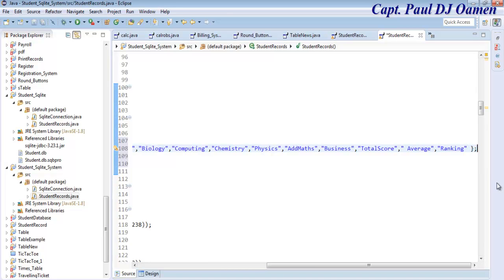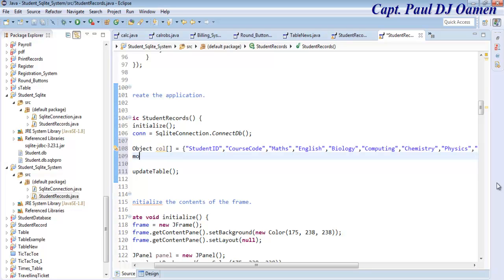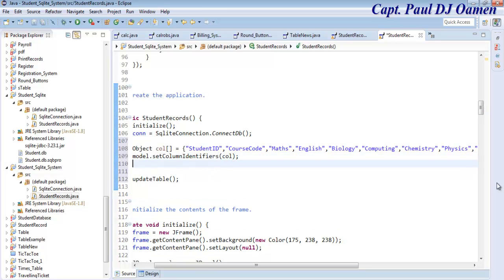Okay, press enter. So let's say model.setColumnIdentifiers. We need the column ID this time around. Column identifier, column identifier. Just identify the columns, and table.setModel, and that's going to be model. There we go,